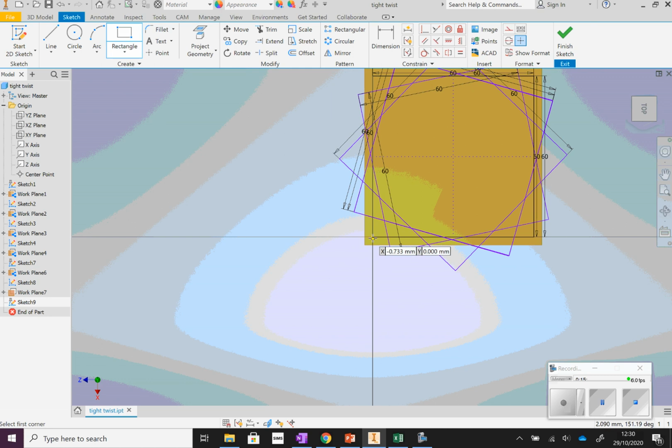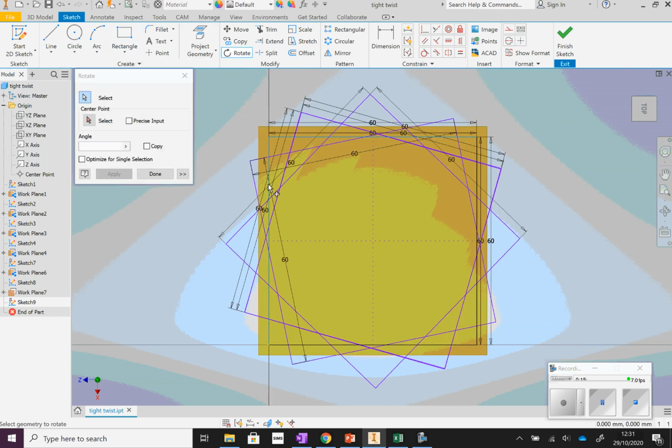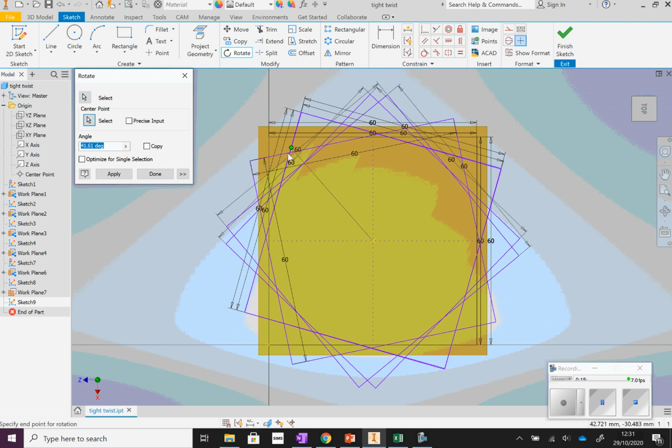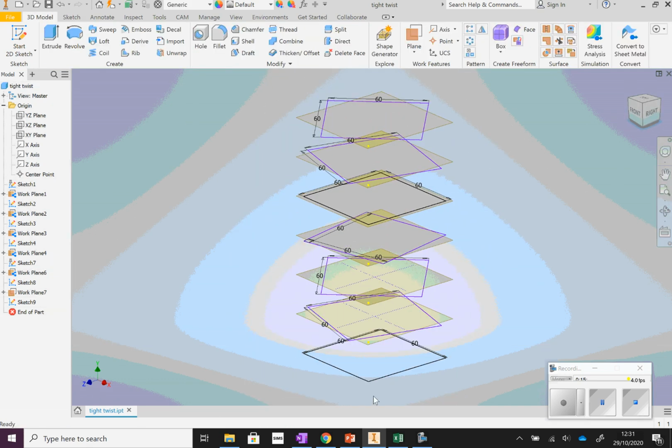So draw our rectangle on the last one, so 60 by 60, rotate it, and then he wants to go on top of the one underneath, so we make sure the pattern continues the same all the way round. And that is finally all of them done. So 25, 50, 75, 100, 125 and 150